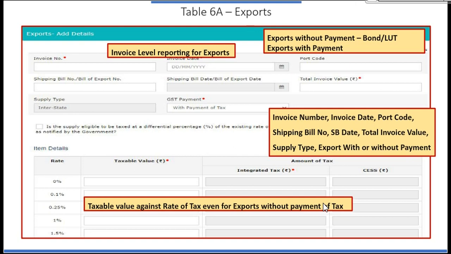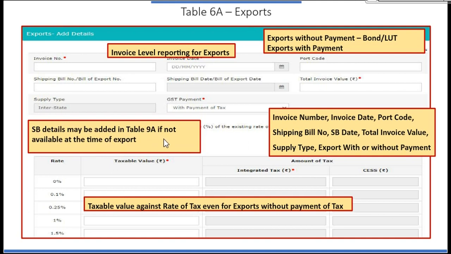Even if I am exporting without payment of tax, I'll provide my rate of tax and taxable value. This is a mandatory requirement, to be filled even if I am exporting without payment of tax. So it is important for us to understand the HSN number or the SAC number and the rate of tax.